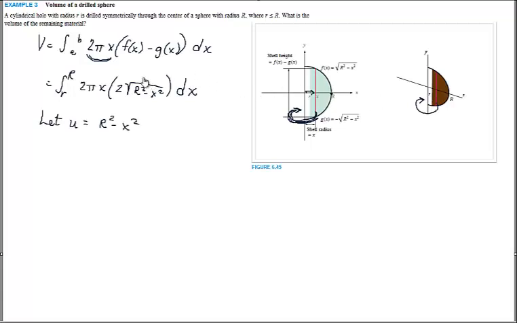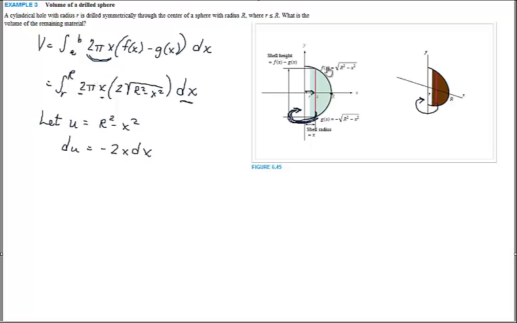Yep, there's what I want. And so then du is going to equal negative 2x dx. Oh, I see that I have a 2 and an x and a dx. That makes me somewhat happy there. And then my limits of integration, I'm going to have to